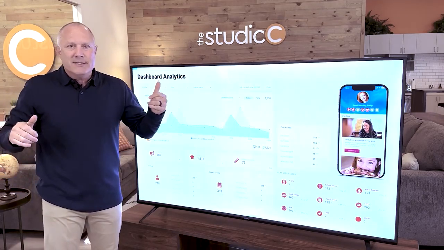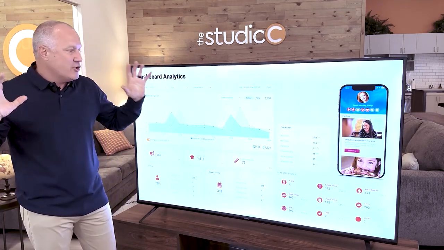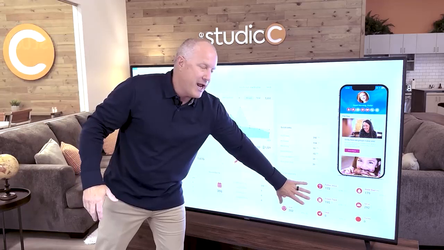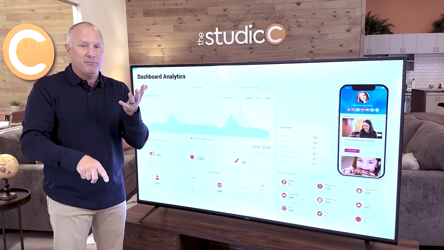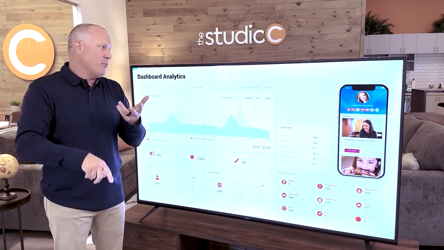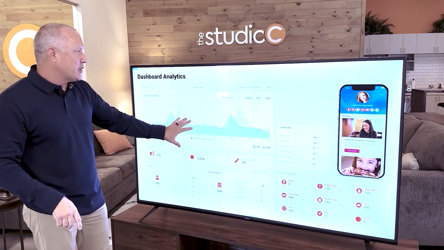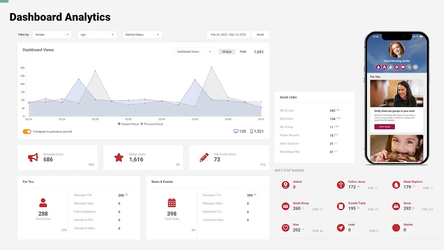All right, then we just measure it. We just measure the heck out of everything. Two primary areas, church engagement. Are you actually moving the number on getting people to do more? Getting more people serving, getting more people giving, getting more people sharing. And the second piece is actually message engagement. Are the messages we're building converting?